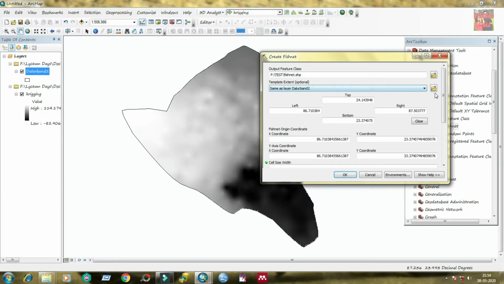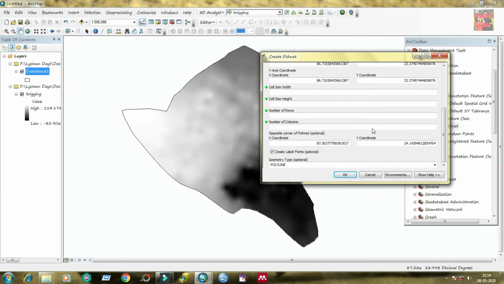After that, click on cell size width, cell size height, and number of rows. This is very crucial because the cell size is dependent on the study area.